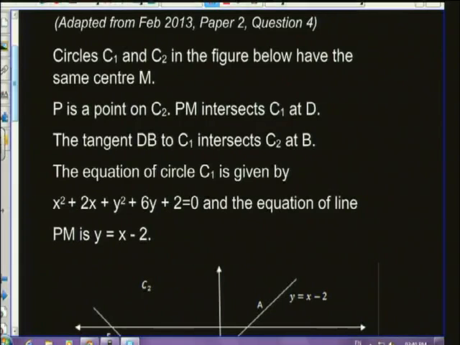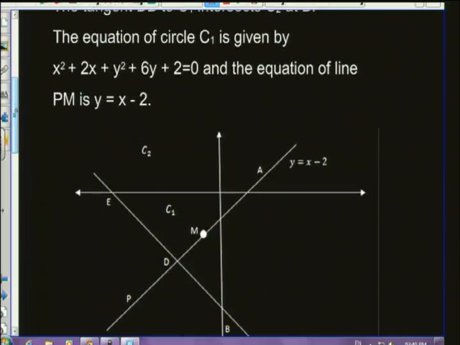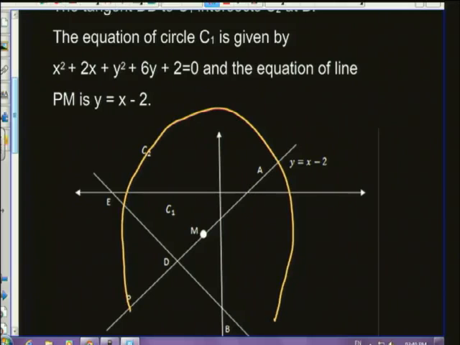We're told that circles C1 and C2 in the figure below have the same center M. Okay, and so that's my center there. And they say that P is a point on C2. So it means that if I were to draw a bigger circle, P would lie on that circle. So if I draw just in rough,